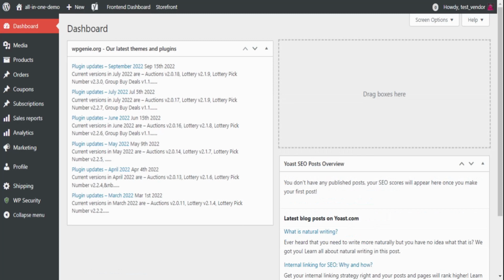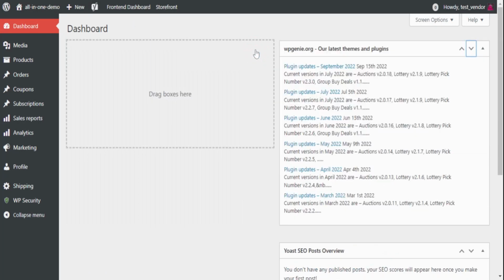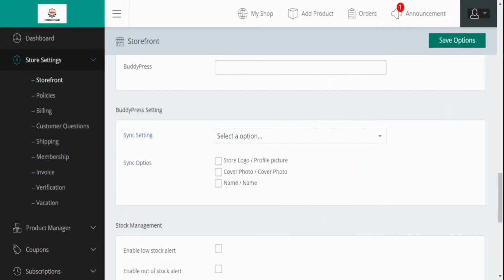Before we proceed with the BuddyPress setup, here is a little tip. Some of the BuddyPress settings can differ depending on the theme in use. You can either edit your website widget to add that as an option or let vendors use the backend settings. The backend option always works, so in case you don't see anything appear on your shop page like the profile or activity tab, don't panic and simply follow the steps shown here. See, we are back on our storefront page, and like it was mentioned previously, we shall be pasting our BuddyPress